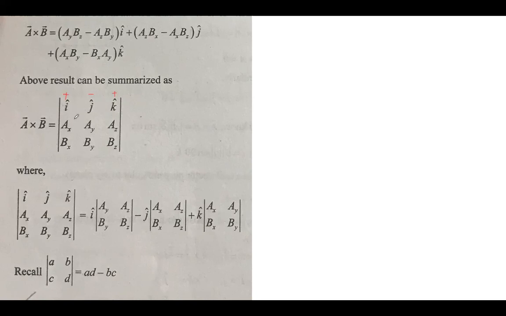And then when I open it with this, I'll close this and I'll also close this. Okay, so I'll remove this whole thing. And then what I'll do, I'll write this. So i into ay az and by bz is written, minus, because here we have a minus sign here. Okay, so minus j, and